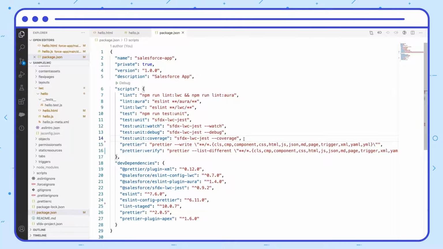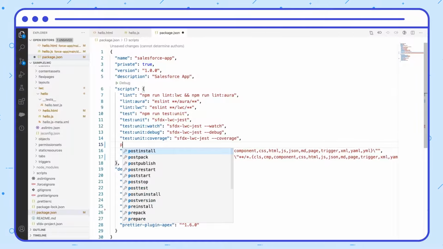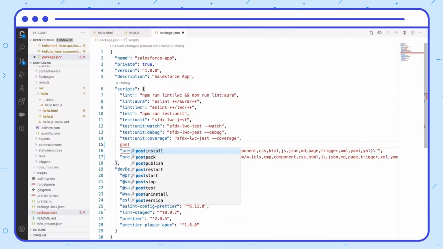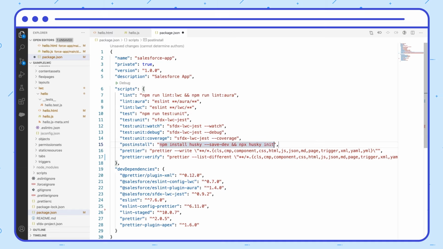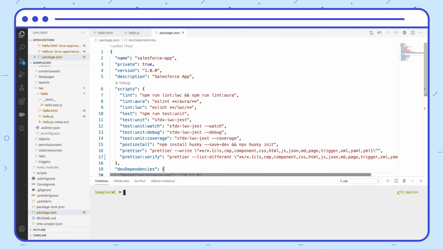Let's open package.json and we'll add a postinstall label to the script list and paste the command here. The postinstall script executes whenever you run npm install. You can also run this command directly from the terminal. Let's now save it and run npm install.